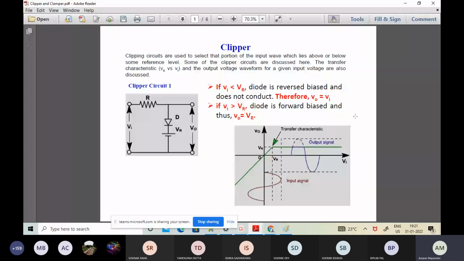Now, just to have a quick view of some of the wave shaping circuits as given in the syllabus right now, are clipper and